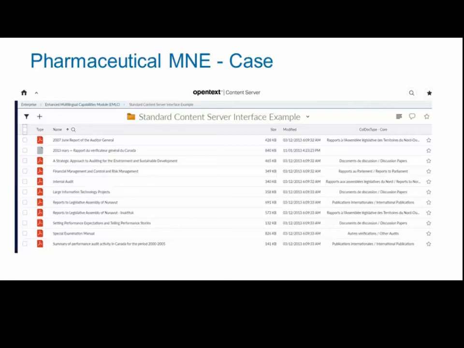On the screen in front of us, we have an example of Core Content Server. This is the Smart View, which more and more people are becoming familiar with. You can see here we have a list of files on the left, and on the right we have a column that is being put in the system. Now this column surfaces some metadata. This is a typical bilingual approach to metadata in a Core Content Server system, where the values have to be shown in both languages.